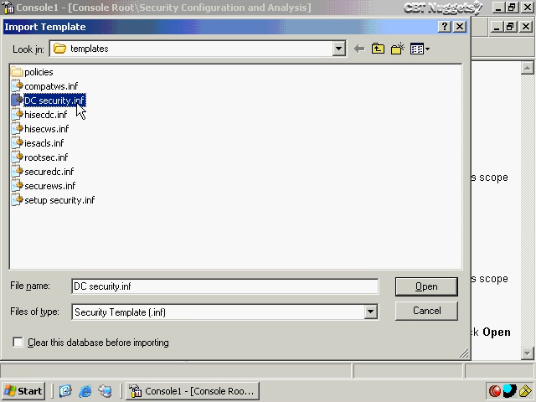The exception to that is if there were settings in DC security that were not configured at all in setup security, then of course they will now apply in addition to our existing settings. And if there are any settings that are in conflict with setup-security.inf, these new settings in DC security will override those settings, and that's the default behavior for templates when you concatenate them. Now, if I want to kick up security a notch, I'll go to this securedc.inf file here,